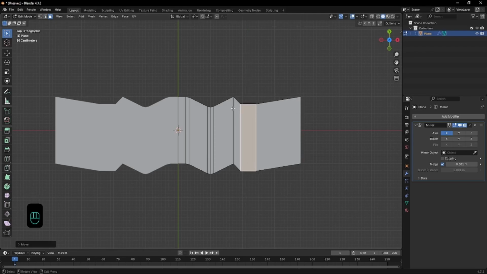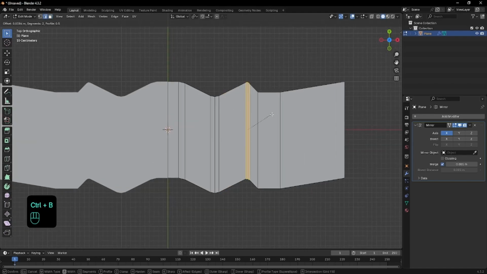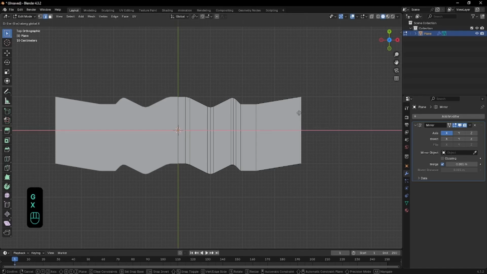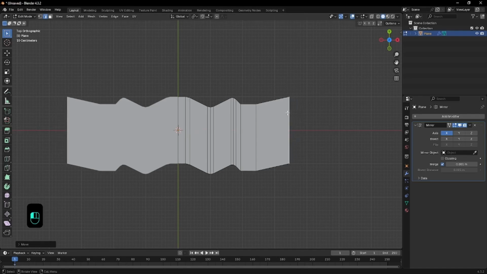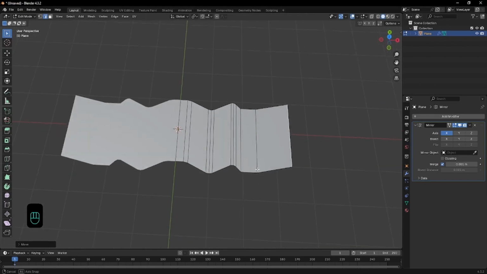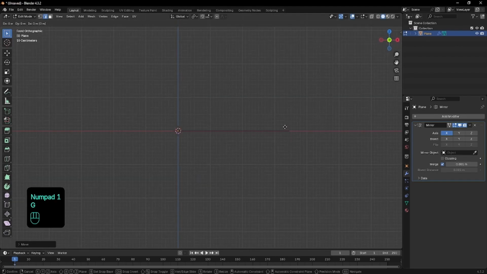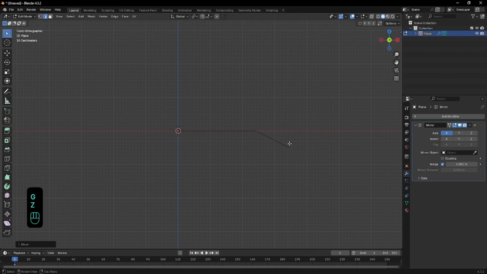So we are creating this interesting shape. Here I will add small bevel, something like that. And I'm going to select this edge here, and I'm going to move it a little bit along the x-axis, so G then X. And what I will do now is that I will change the view. I will go down like this, or press number 1, make sure that this edge is selected, number 1, and I'm going to press G, then Z, like this,